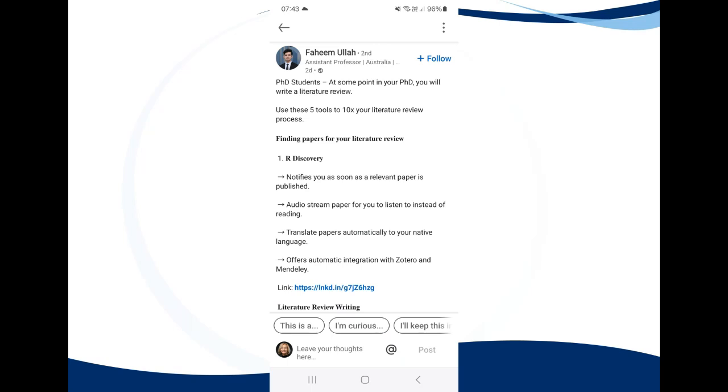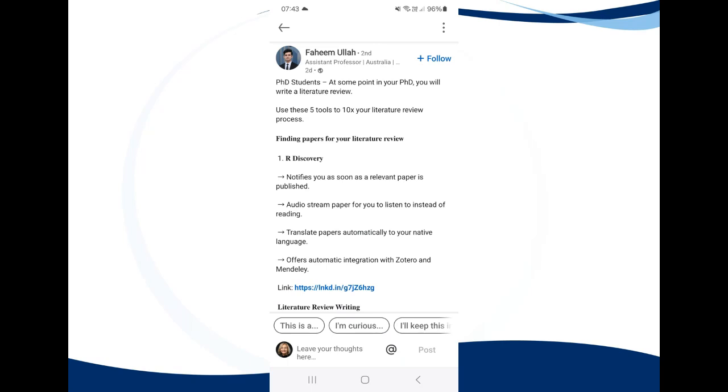And that is a great feature because, as I think I've mentioned in the last two evenings, when you do a literature review, we would say we only use English-speaking articles, or articles written in English, which is a bit of a drawback because there might be very good articles written in other languages, but we don't access them because we can't read them. And our discovery is very nice in that it will actually translate the paper for you automatically into the language that you require.